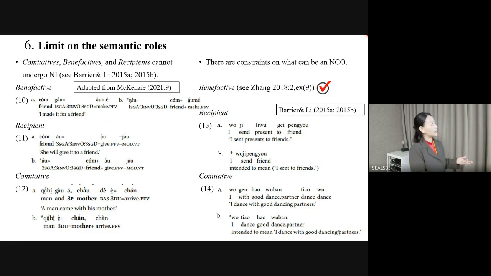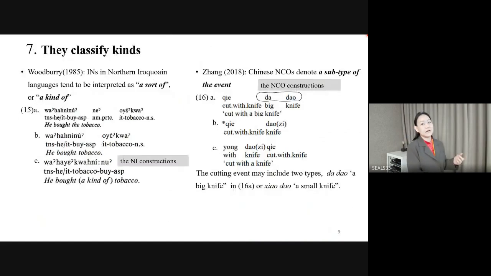And this example I adapt from a new study from McKenzie, that they are benefiting, recipient, comitative, and according to the example in B, they are ungrammatical. And in the example from Barry and Lee, they also said that recipient, comitative and benefactive cannot be placed at the non-canonical object position. But as I said previously, regarding benefactive we can check again, because Zhang provided an example that benefactive can be benefited. Okay. And the next, that is the third